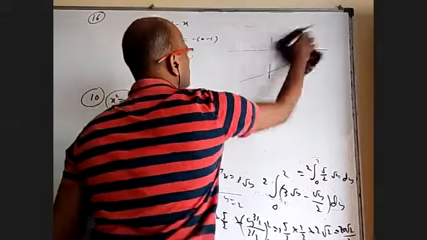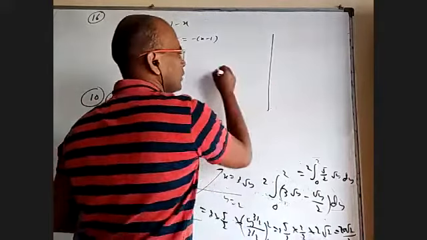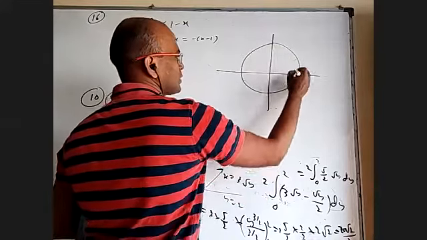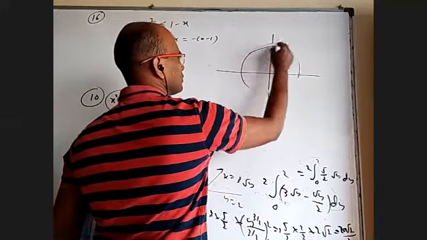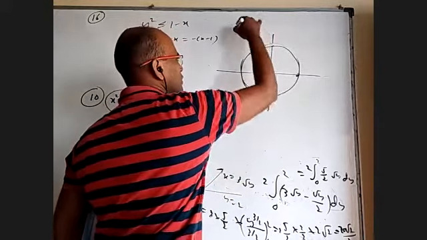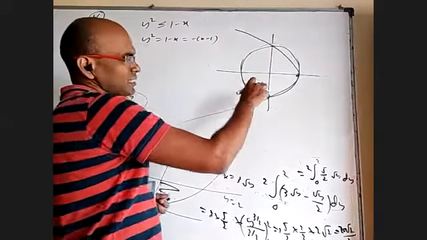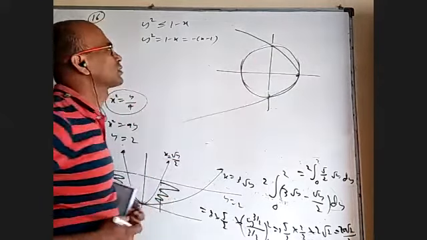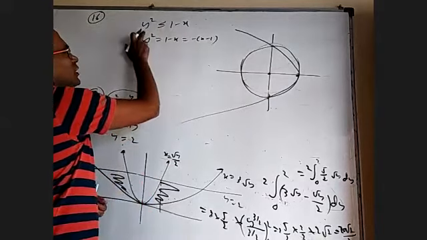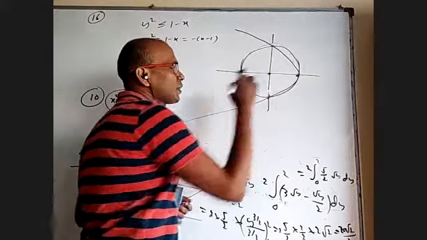And I'll draw properly. First, let me draw the circle x square plus y square equal to 1. And this parabola, just a minute. Yeah, this parabola is exactly passing through these 3 points like this. Now we want inside the circle, but whether the parabola is on this side or that side, we have to decide. Let us substitute the origin. Will it satisfy this inequality? When y is 0, x is 0, less than 1. Correct.